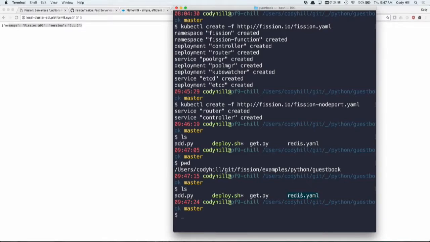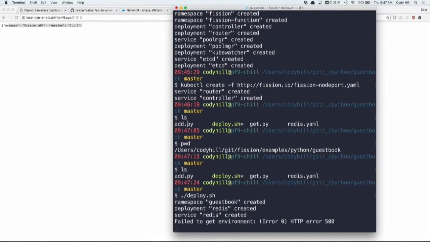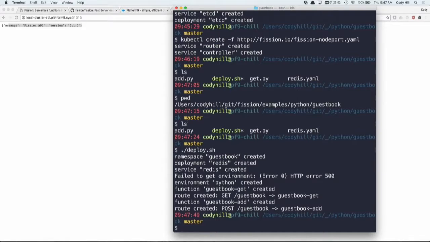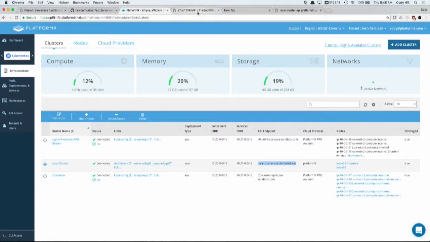So we'll do a deploy of this, okay? So you can see, hey, look, all this stuff's being created. I was told this is a normal error by our developer. So if you know what normal errors are, they happen and they're normal. So there's that. So nothing to be alarmed about.